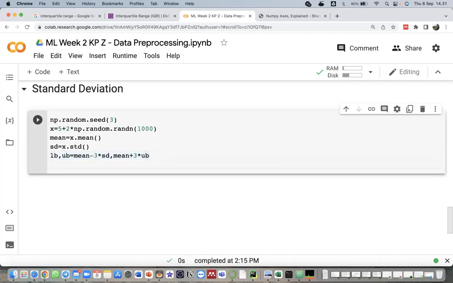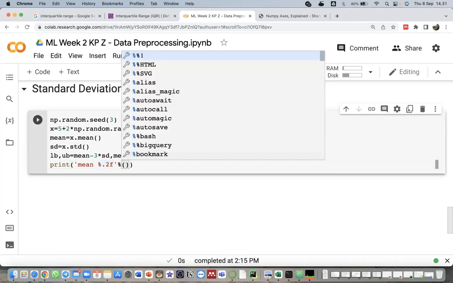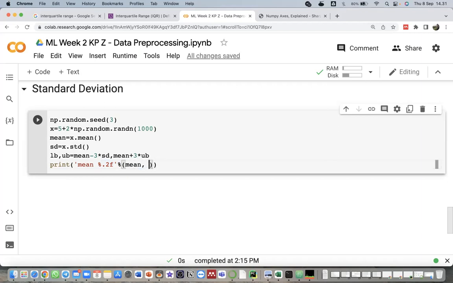Then what is the next step? The next step is we can print the mean, or the standard deviation. Here we have mean, then lower bound, upper bound, and standard deviation.